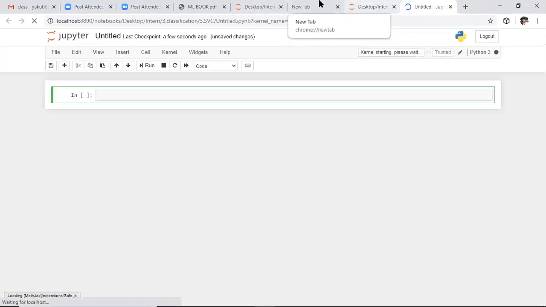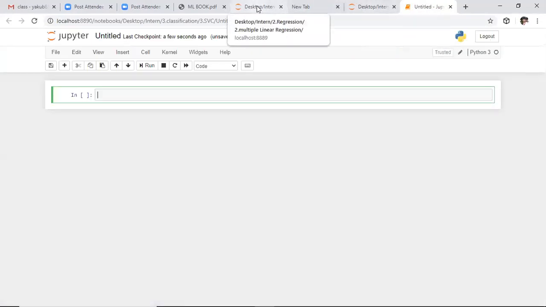So initially what is our first step? Whatever algorithm we want to use, we need to import essential libraries. So for that purpose, we need to import essential libraries.